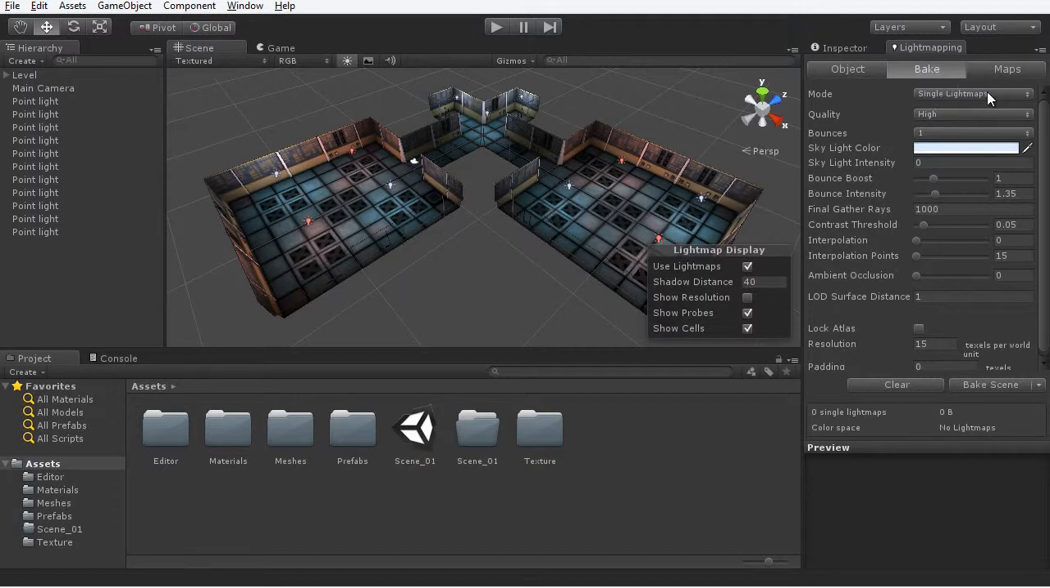So I'm going to set single light maps here, and again I'm going to increase the bounce intensity, the intensity of the indirect illumination in the level. I'm not going to enable any ambient occlusion because using Blender we already baked the ambient occlusion into the level. And for the resolution, this is the number of pixels per world unit that will be associated with the light map texture. It's set to 15 here, often it's set to 50 by default. I'm going to set this perhaps to 20, and then finally I'm going to click the button that says Bake